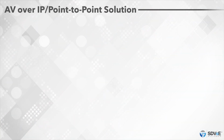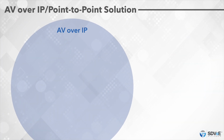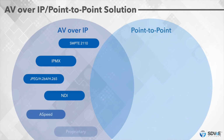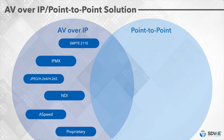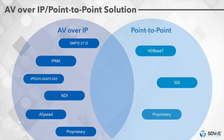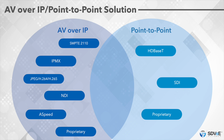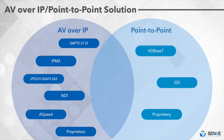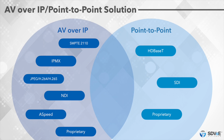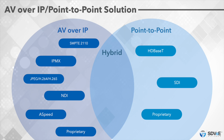So AV over IP and point-to-point solutions have typically been thought about as just two different protocols. On the AV over IP side, you have a lot of ones that probably look fairly familiar to everybody: SMPTE 2110, IPMX, NDI, JPEG, ASpeed, some of those solutions. And then on the point-to-point side, we've had HDBaseT, SDI, and then some manufacturers have their own proprietary solutions for that. So where IDK and SDVoE have come together is to provide a hybrid solution based on